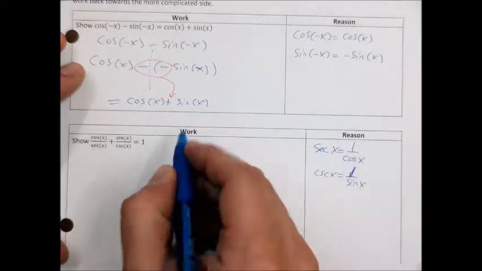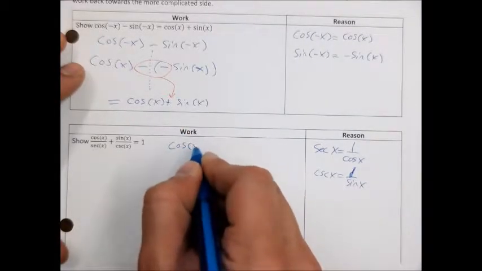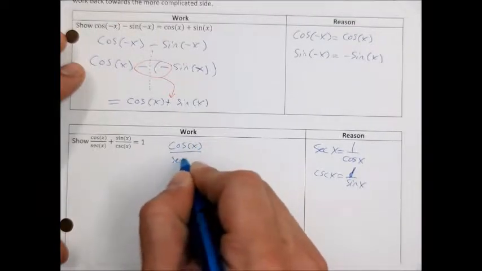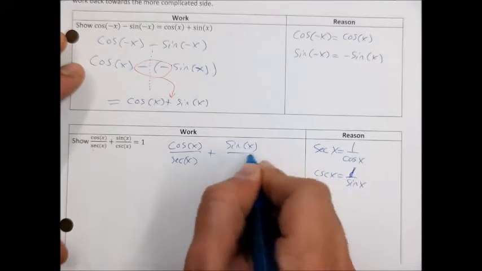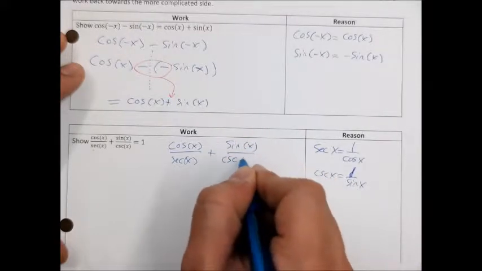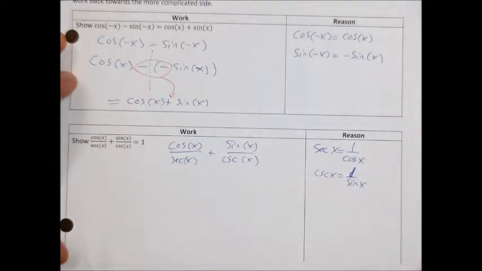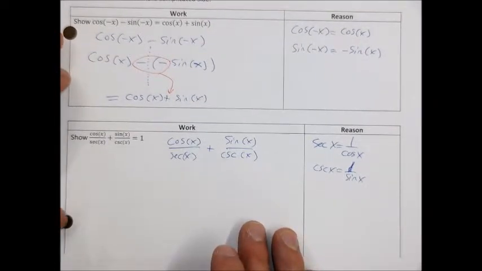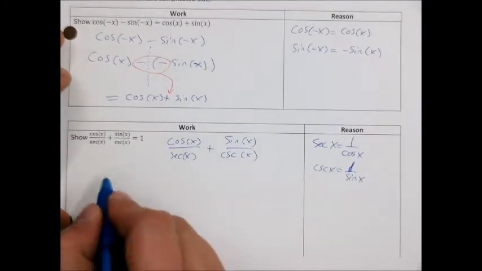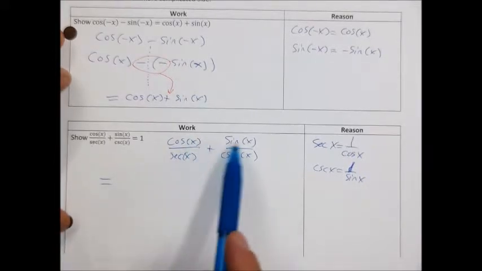And so we start with the left-hand side, because that's the more complicated side, right? And I'm going to change cosecant and secant into their corresponding things. So you're not going to change the cosine and sine, you're going to keep those the same? Yes, we want to change everything into sines and cosines, so we just leave those things alone if